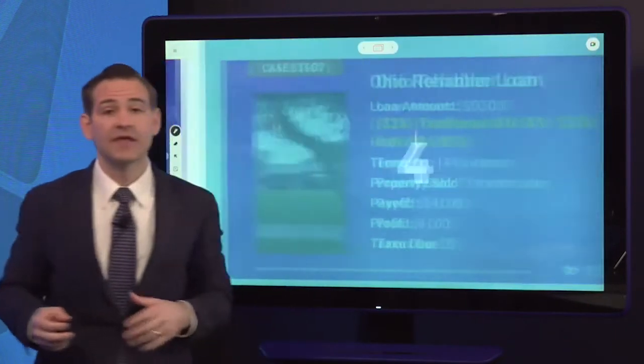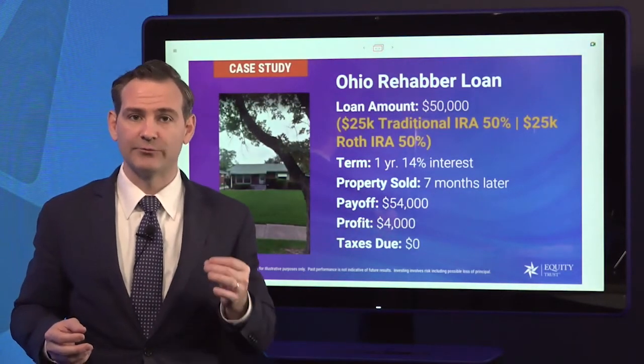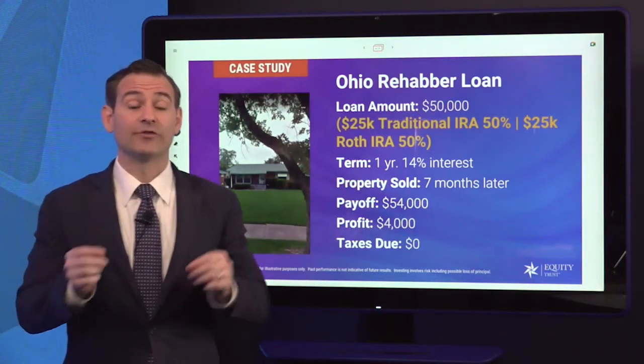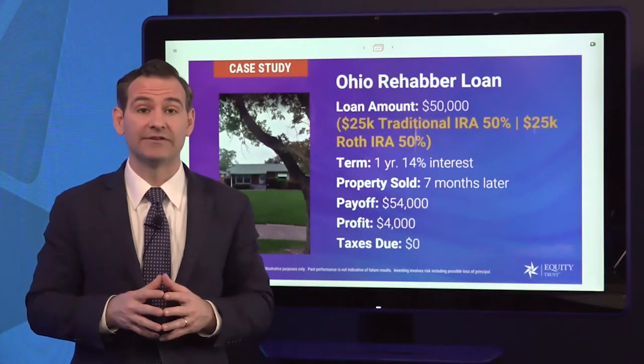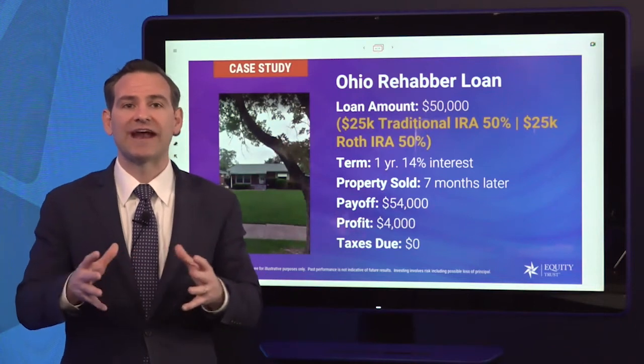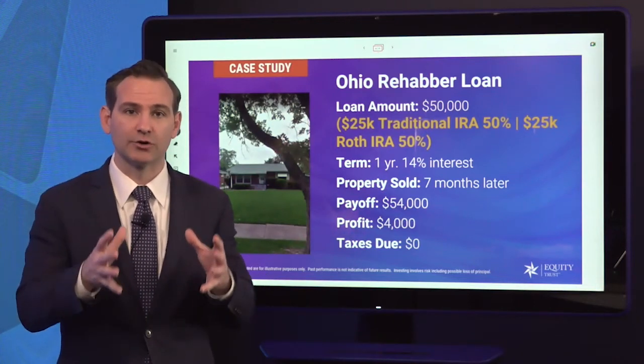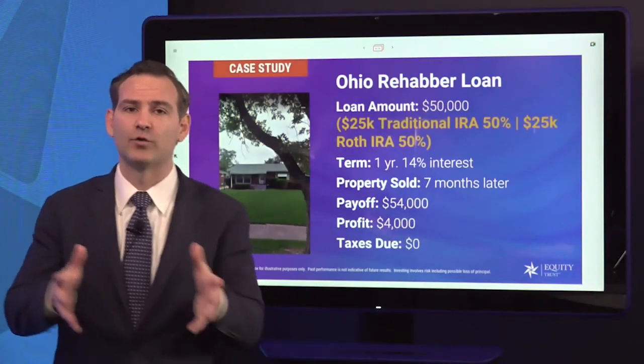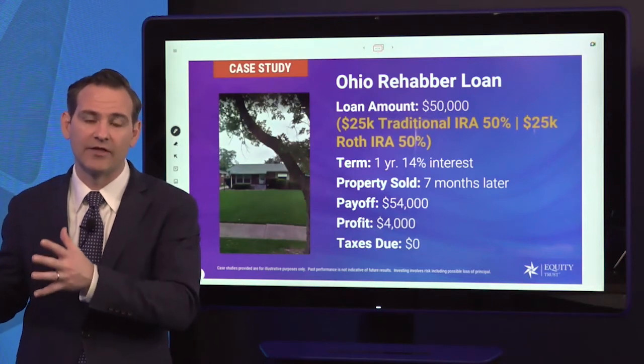Now let's jump to another example. Investor from Ohio made a loan to a real estate rehabber, a $50,000 loan in this example. In this example, the investor not only used an IRA, but actually used two separate IRAs for the same transaction. So what you'll learn is you can actually partner multiple IRAs for a singular loan. So this investor did a 50-50 deal, loaning $50,000, charging 14% interest, partnered his traditional IRA at $25,000 and his Roth IRA at $25,000. So it was a 50-50 deal. The house was bought, renovated, and sold in 7 months. The profit was $4,000 in profit. And just like the last example, that $4,000 in profit went back into the self-directed traditional and Roth IRAs exempt